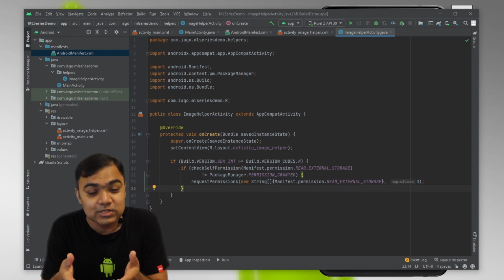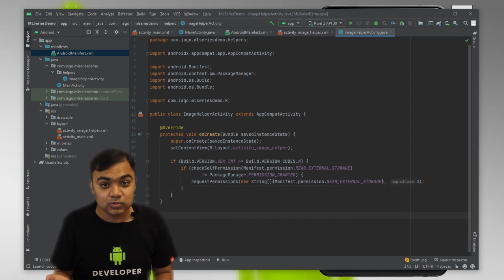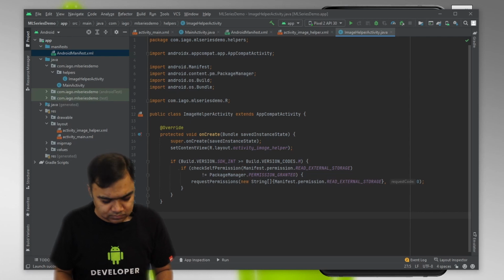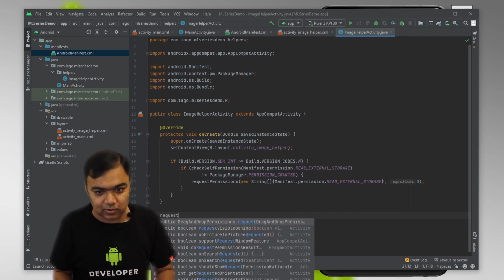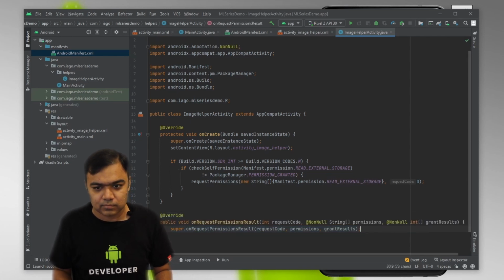So the next question that comes is, how do we know whether the permission is granted or denied? To handle the scenario, to actually know whether the user has granted or denied us the permission, we have this callback, onRequestPermissionsResult.